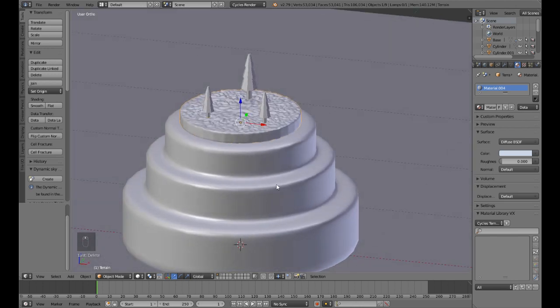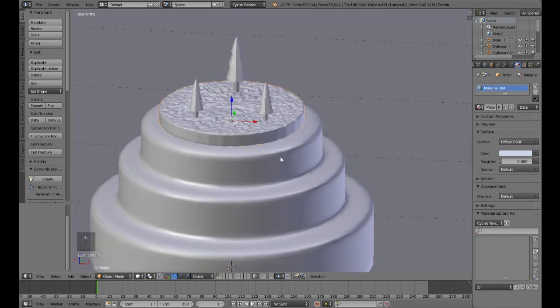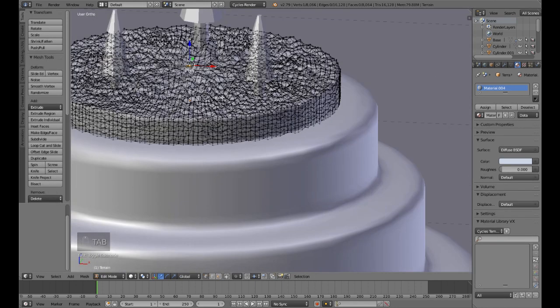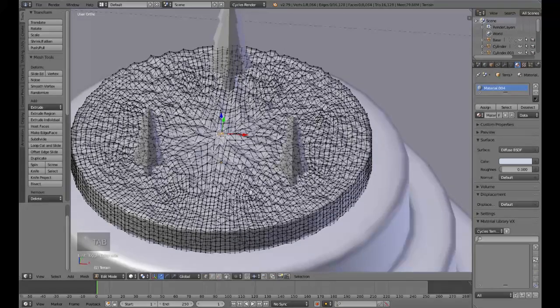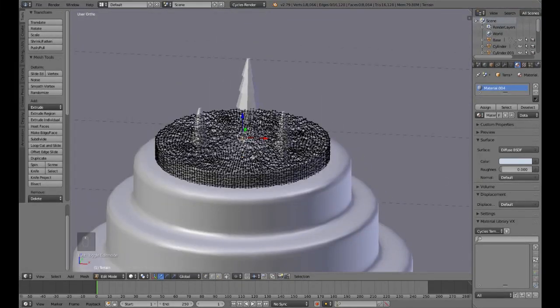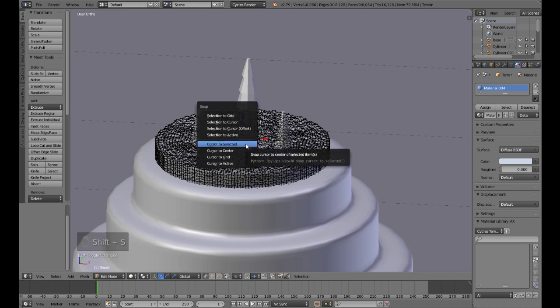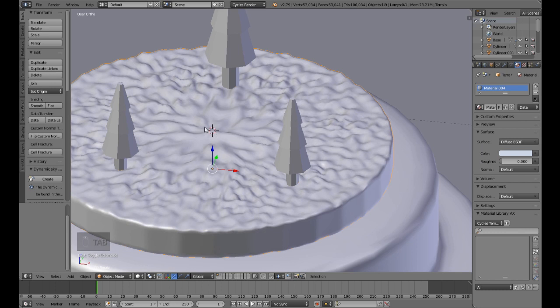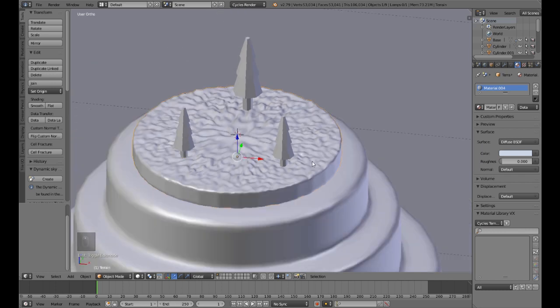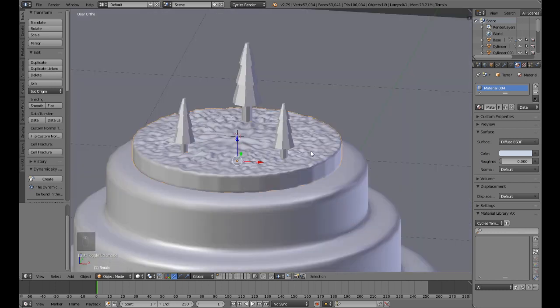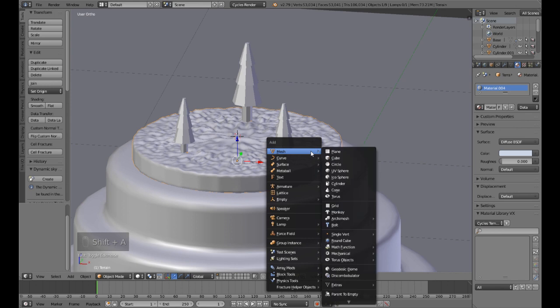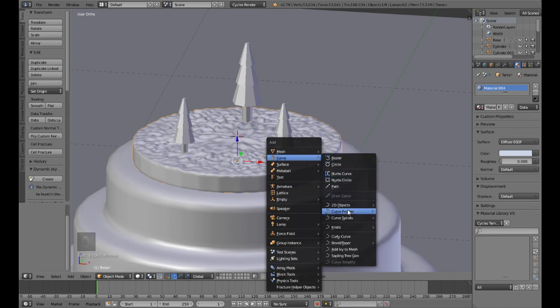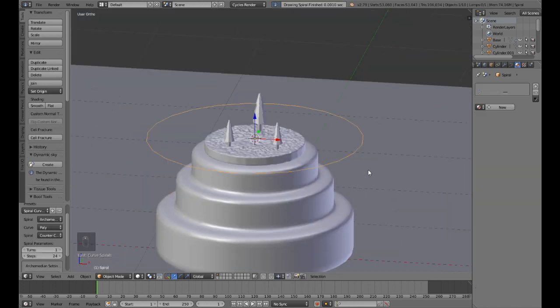Now in order to do that, let me at first go to the top edge here. This top's vertex has already been selected. Let me snap my cursor to the selection so that whatever I'm adding will be automatically snapped from this area. Here I will be adding a curve, which will be a curve spiral. It will be Archimedean